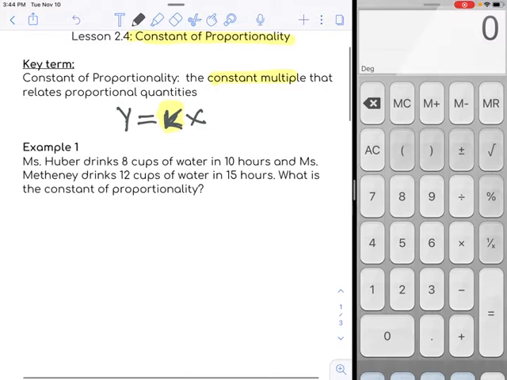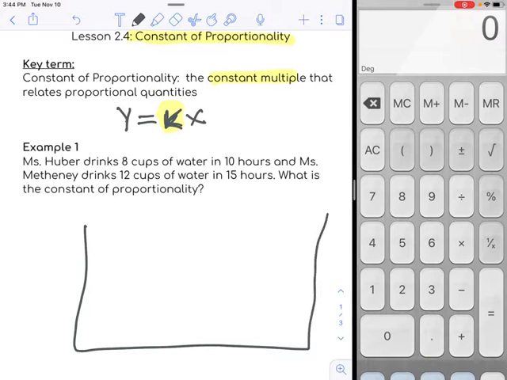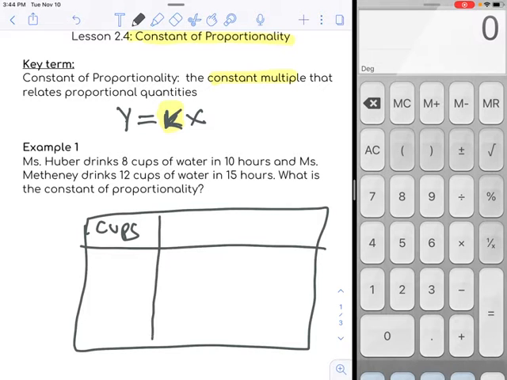So example 1 says, Miss Huber drinks 8 cups of water in 10 hours and Miss Matheny drinks 12 cups of water in 15 hours. What is the constant of proportionality? So I'm actually going to draw a table to make a little bit better sense out of this. So we're going to do cups to hours,